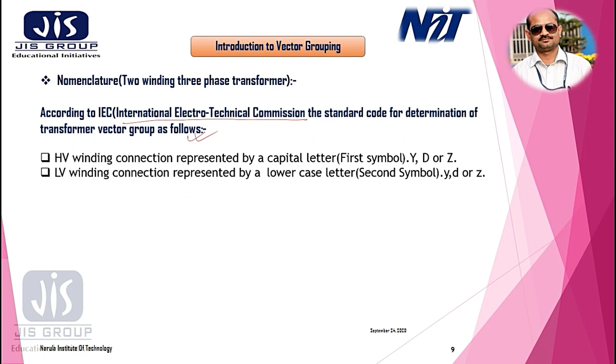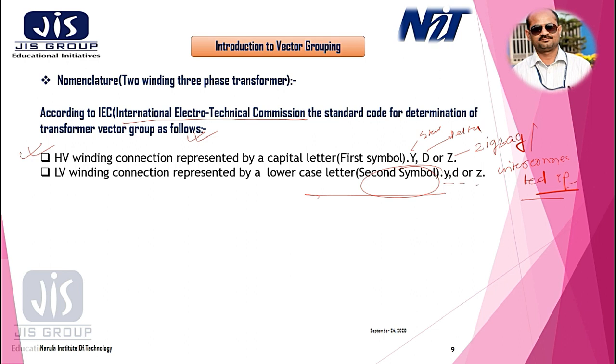The high voltage winding connection is represented by a capital letter like Y, D and Z: Y for star, D for delta and Z for zigzag, also known as interconnected transformer. And the low voltage winding is represented by a lowercase letter, which is my second symbol,